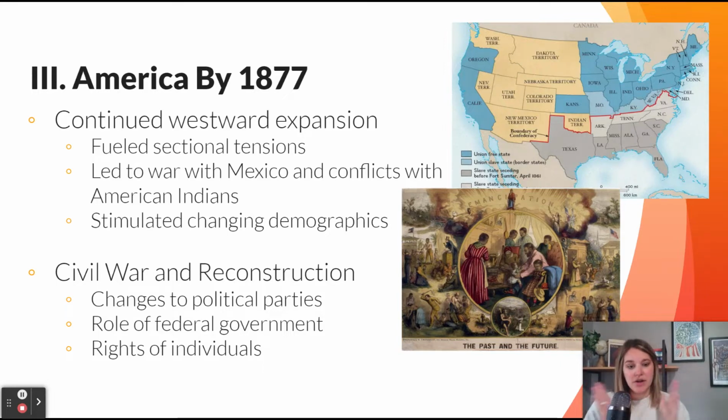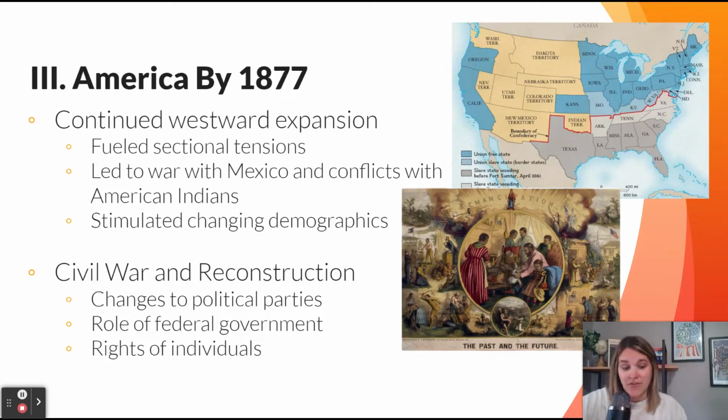The main part of period 5 is going to be talking about what happens during the Civil War and then the impacts of it, including Reconstruction. This is where we really see a lot of the changes happening in the period. We see changes to political parties. There's no longer going to be the Democrats and the Whigs. There's going to be some third parties. We're going to have Democrats and Republicans, but then there's even going to be the faction of the radical Republicans. So there's a lot of political changes that happen by 1877.